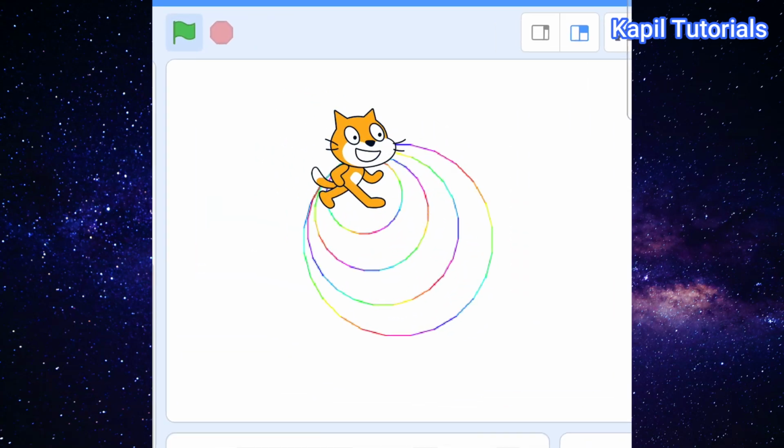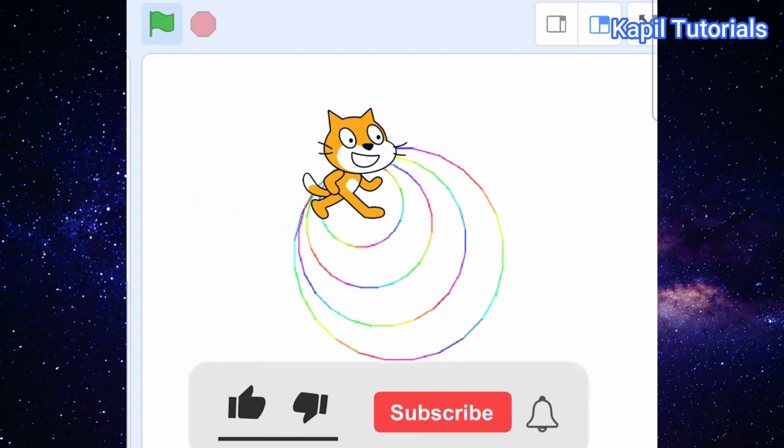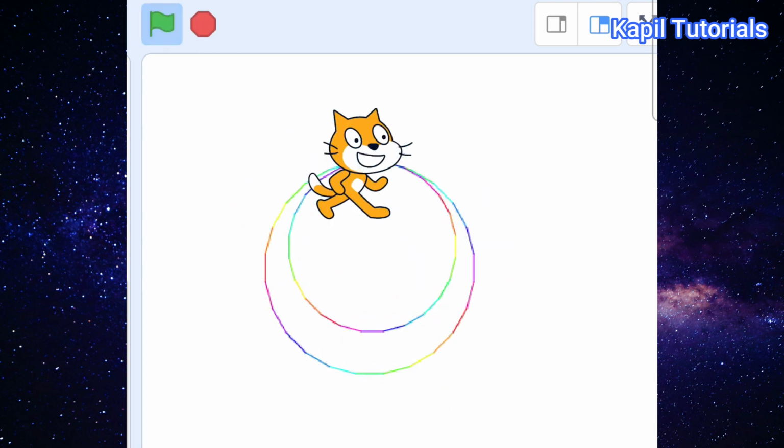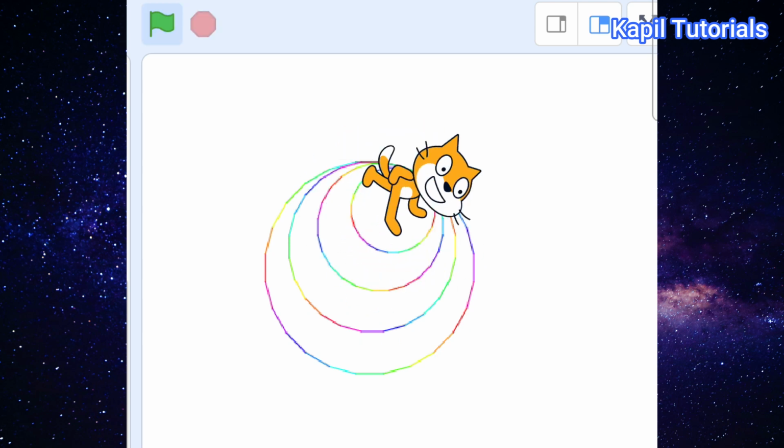Welcome back students. Today I'll be teaching you how to make circular designs as shown here. It's very easy. Suppose I'm clicking on this run command and you could see here different circles. With one sprite I have very easily made this. So how to do that? Now I'm taking you directly to the coding part.